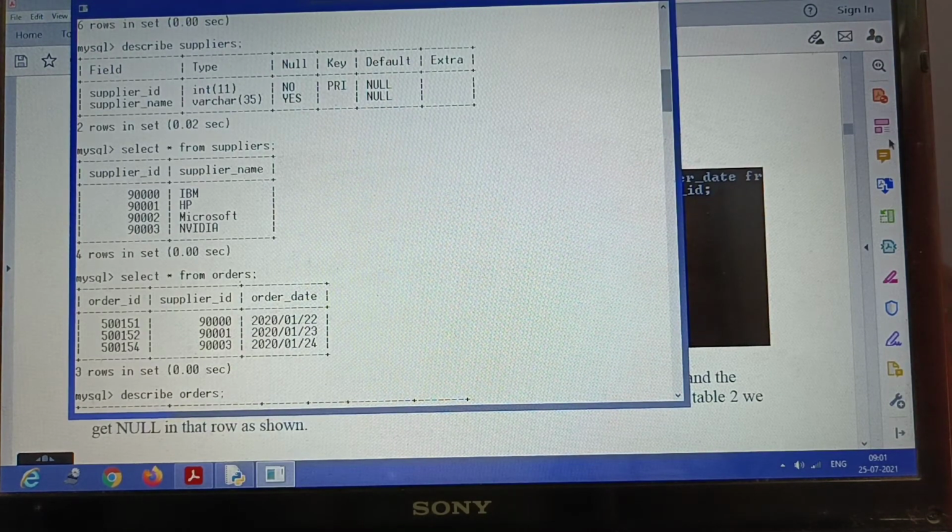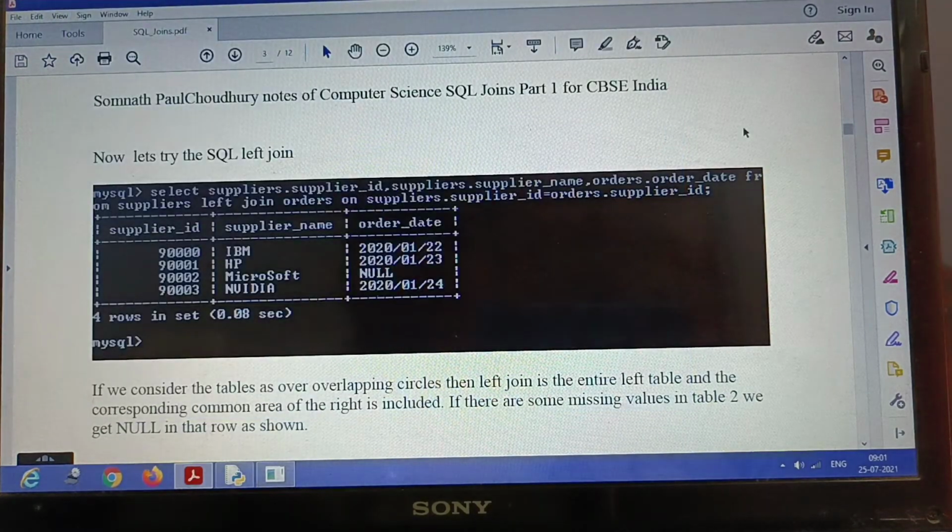Now what is left join? Left join is actually you take everything of the left table and also the corresponding area from the right table. If you consider the tables as overlapping circles, then the left join is the entire left table you have to take, and whatever is there in the right table has to be there. Now if something is missing, what will happen?